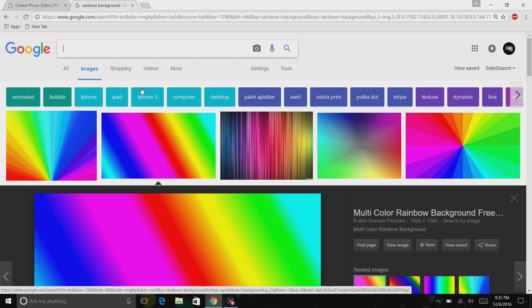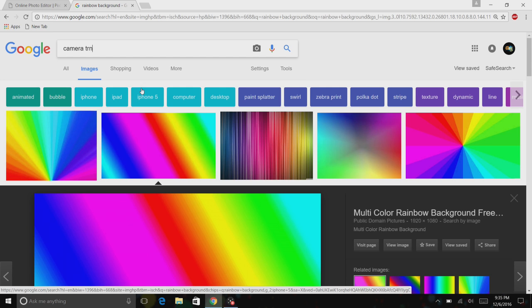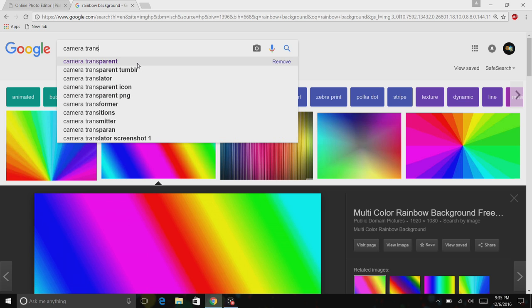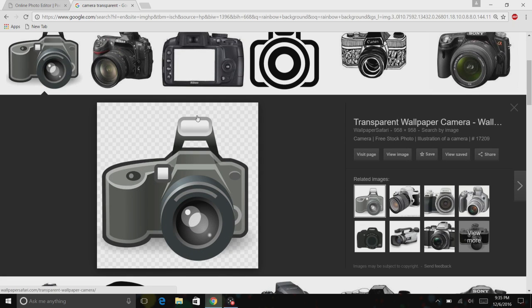Since I'm doing thumbnails, I think I would go with a camera. As you guys can see, it's already in my history. But you want to type in whatever you want, right? And then after that, you're just going to type in the word transparent, right? What this basically does is give you your image, whatever you're looking for, but it doesn't have a background. So what that basically means is when you put this on your background, it's just going to be the camera,